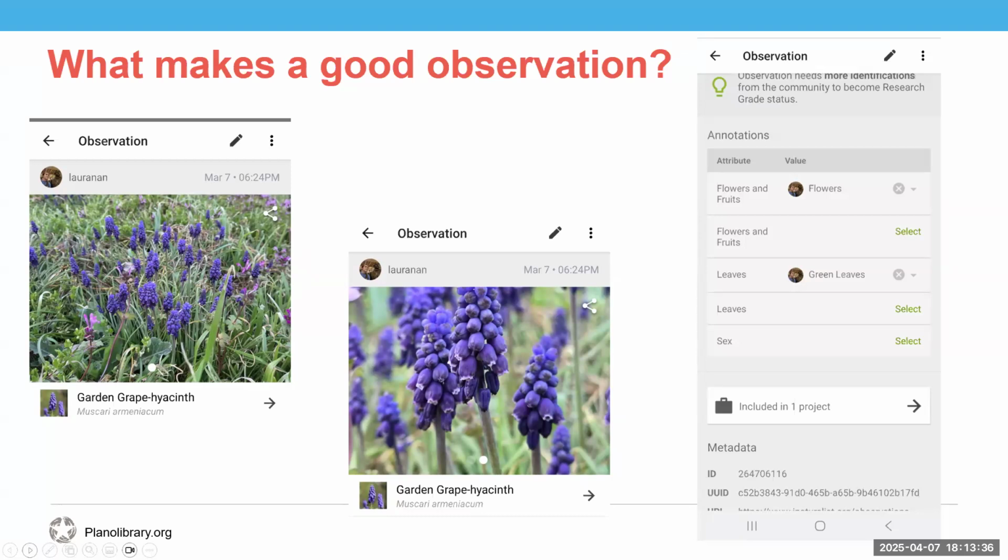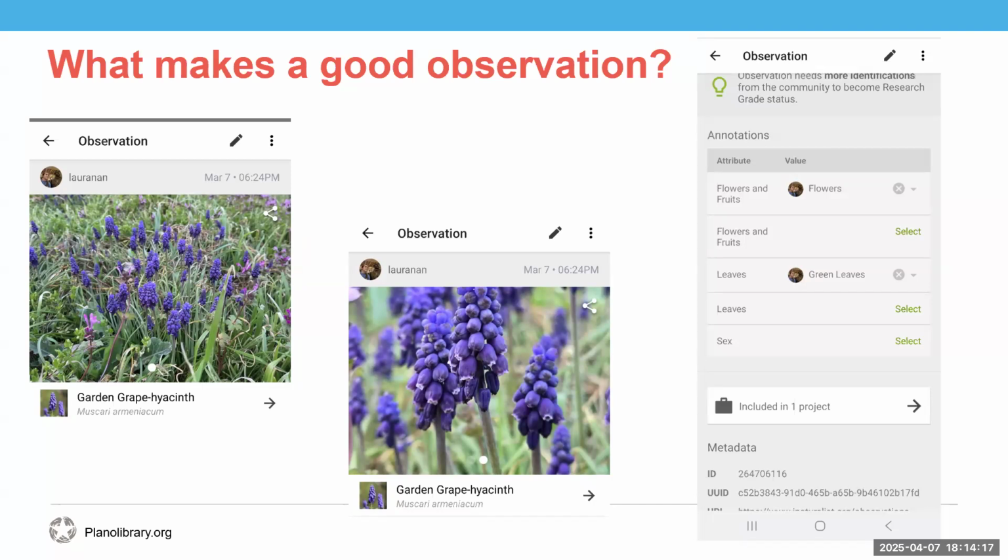This is one you may have seen fairly recently. These are grape hyacinths. They tend to pop up around March. And you're going to want to take photos from multiple angles and try to get pictures of all parts of the plant, including flowers, needles or leaves, leaf arrangement, bark, and seed pods. Now, my hyacinths do not have seed pods yet, but you can see I have this zoomed out, which does show their leaves. And you'll want to include a photo of the entire plant that shows its general shape and growth pattern, which is that first picture on the left there.